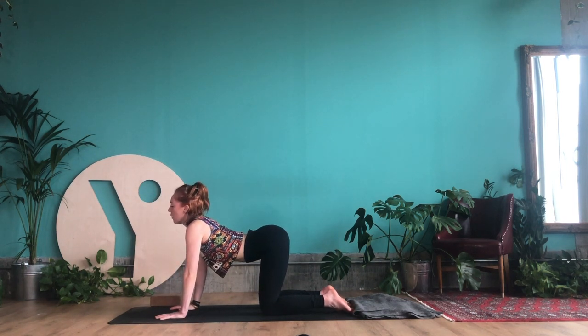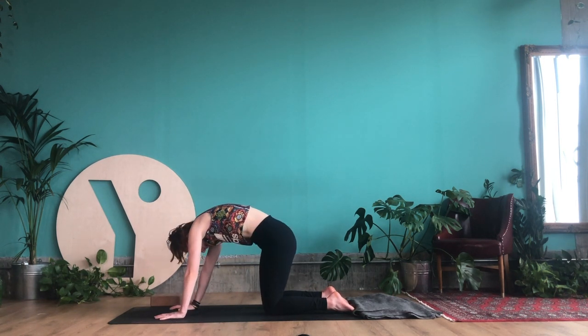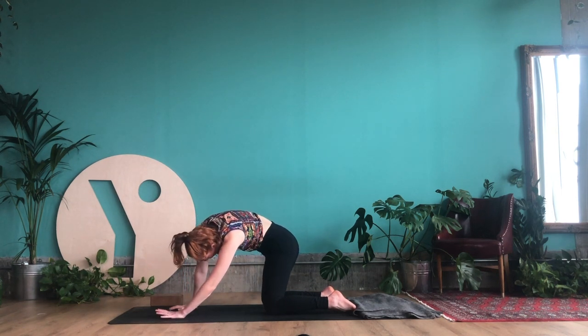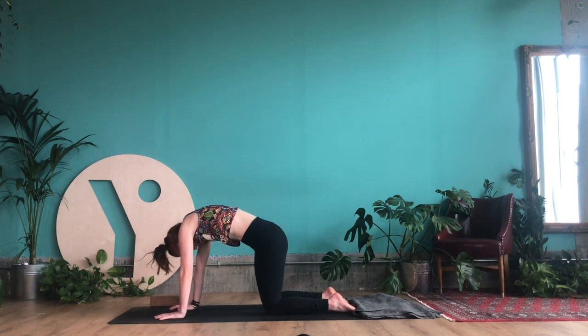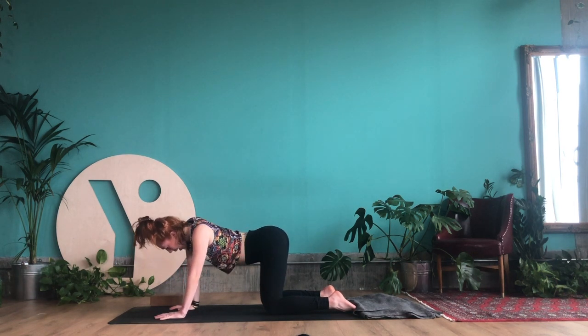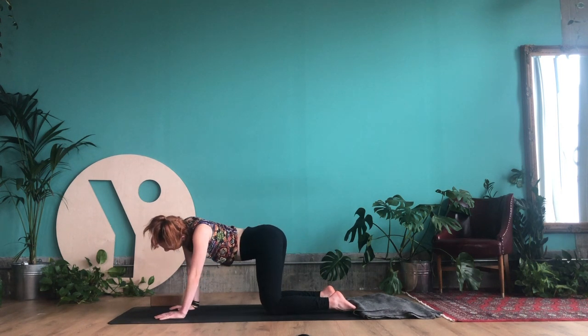Now once you've done 3 of those, start to free flow with your cat-cows. So maybe you want to start moving the rib cage around. Perhaps you want to start moving the head around in circles. Perhaps you want to drop the belly, draw that around in circles. If you close your eyes now,